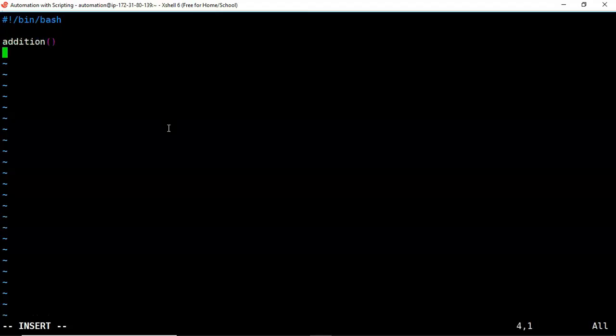Then I am defining a function and I am taking directly variables called x and y, and directly I am taking result as x plus y. And I am displaying that result: echo the addition of x and y is whatever the result you have in your hand. That's it. Now let me define x equals some number and y equals some number, and then let me